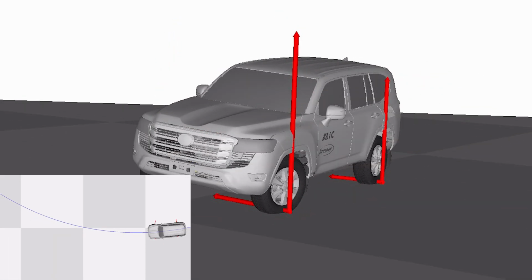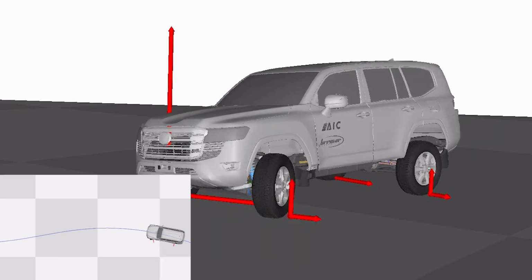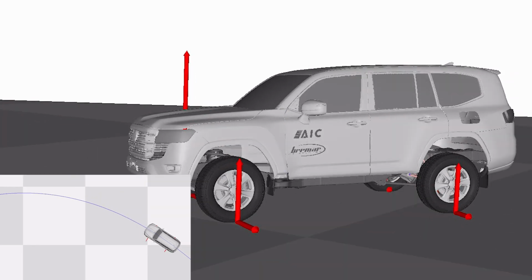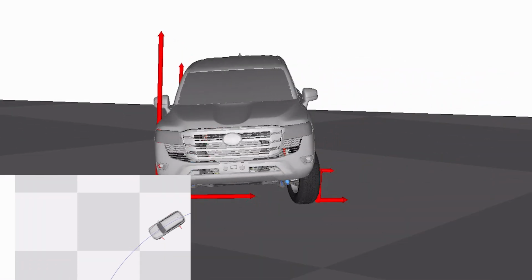And we can run the exact same test over the exact same piece of road or the exact same steering input and know that that's a direct back-to-back comparison between the two configurations. From the AIC point of view, for our customers, we enable them to come up with a road profile configurator, which they would build off of their own experience and their own IP, because if you were going to drive